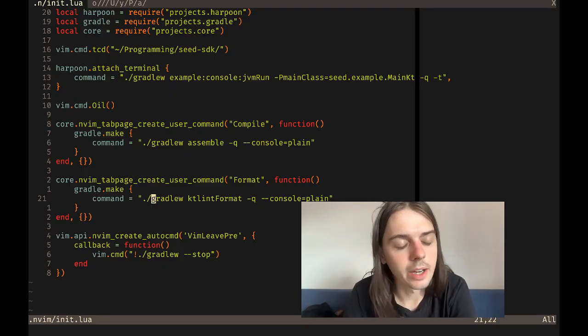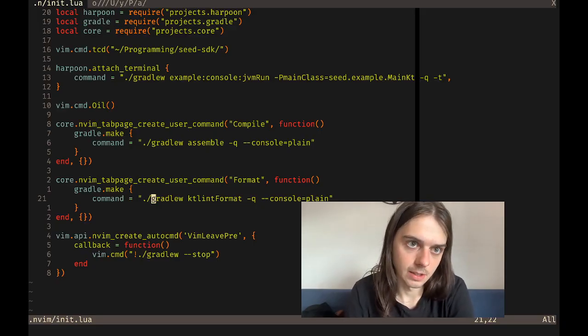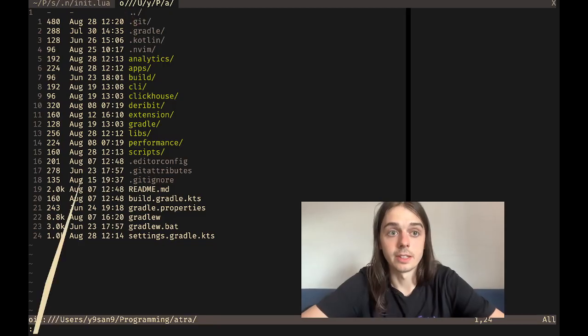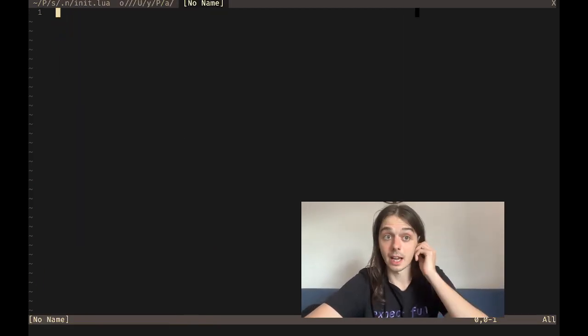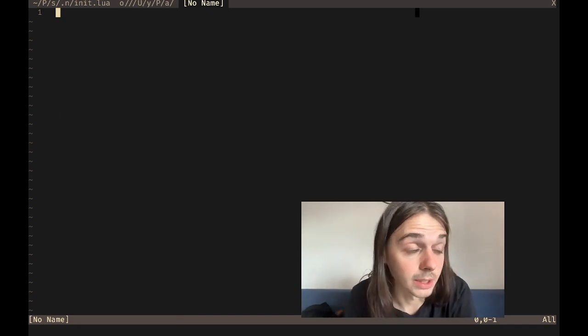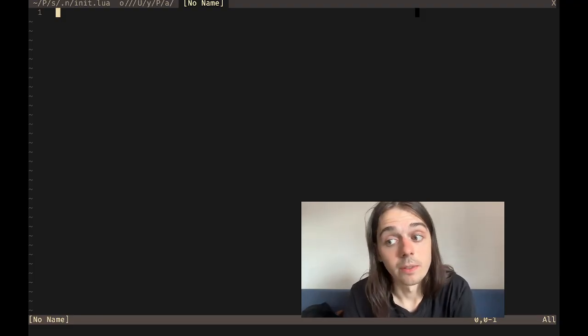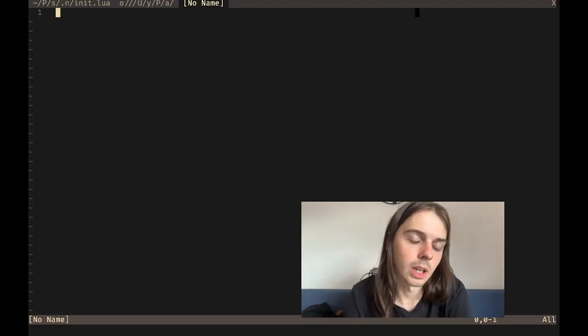I found it very convenient that I can do some configuration per project without an exrc, because I don't want to use exrc. With exrc I just can't launch the same tab and do some stuff here. I can't do this with exrc. I mean, if I source it as well, I could do that, but what's the point? So I do this with these little Lua files and autocomplete, and I try to contribute to Neovim